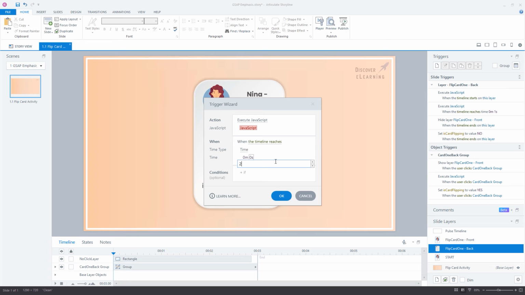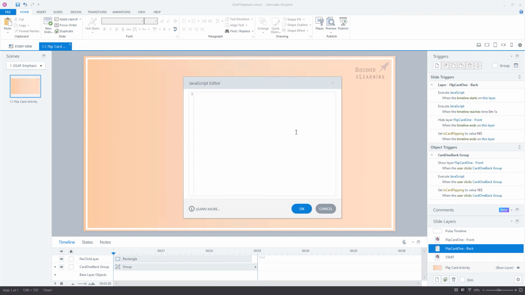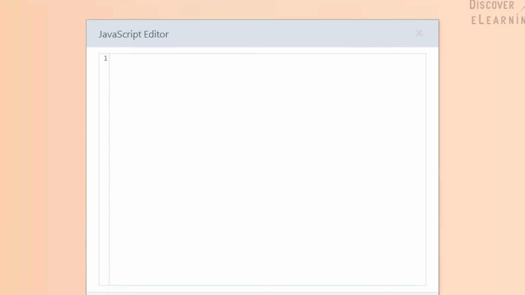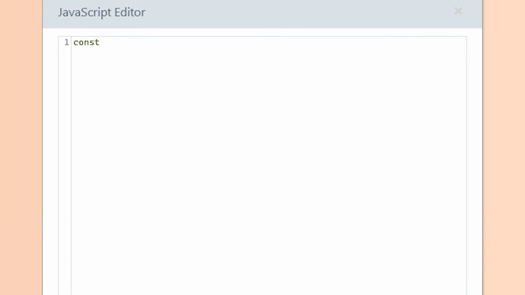Then at the 2-second mark on both the front and back animation layers, we need a new GSAP script to scale the card size back down to 1 when the flip animations have completed. So let's create a new execute JavaScript trigger at the 2-second mark and type const cardBackShrink with a capital B and a capital S equals